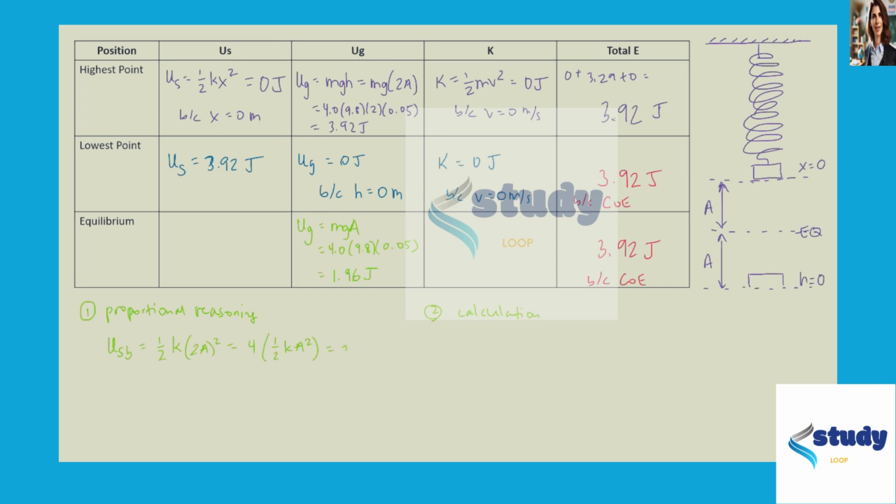And that is going to be equal to 3.92 joules, which we established in the previous step. Right, but now our elastic potential energy at equilibrium, our spring is only stretched a distance A, so 1/2 Ka squared. So what we're really saying is that at our maximum stretch, we have 4 times the equilibrium amount of elastic potential energy